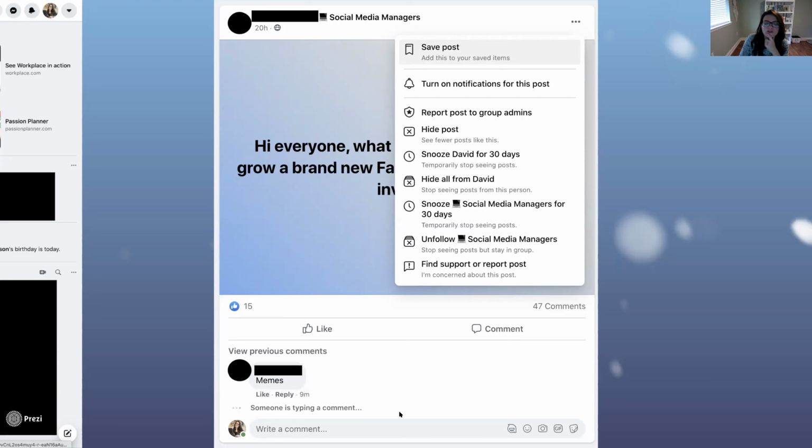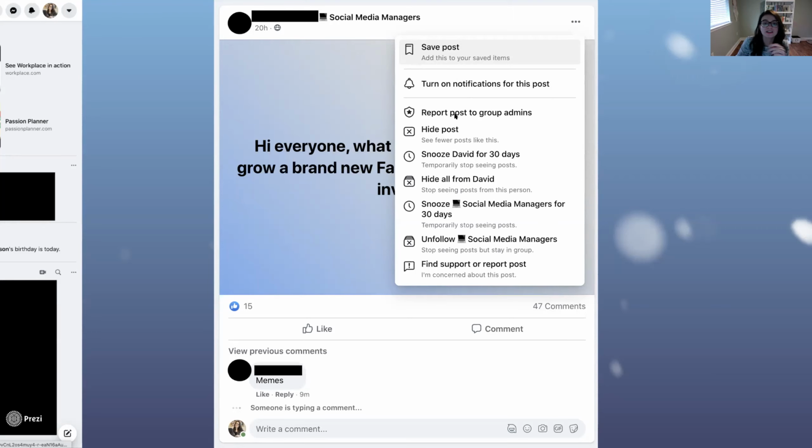You can also, if you've noticed, some people, when they see a post they're interested in and they want to follow the post, they'll comment F or following, so that they get notifications for it. But you don't have to do that anymore. We now have this feature, turn on notifications for this post. So if you do this, anytime somebody comments on it, you are going to get a notification. Sarah Smith commented on social media manager's post, and you click on that and you'll keep getting notifications every time something happens on that post. So you no longer have to comment following.